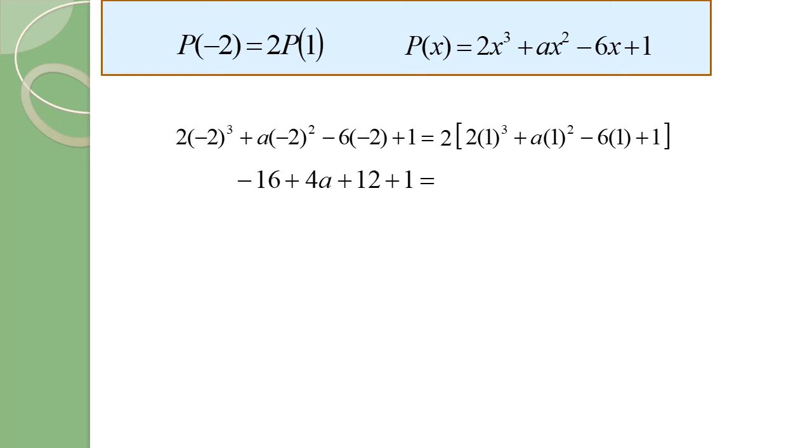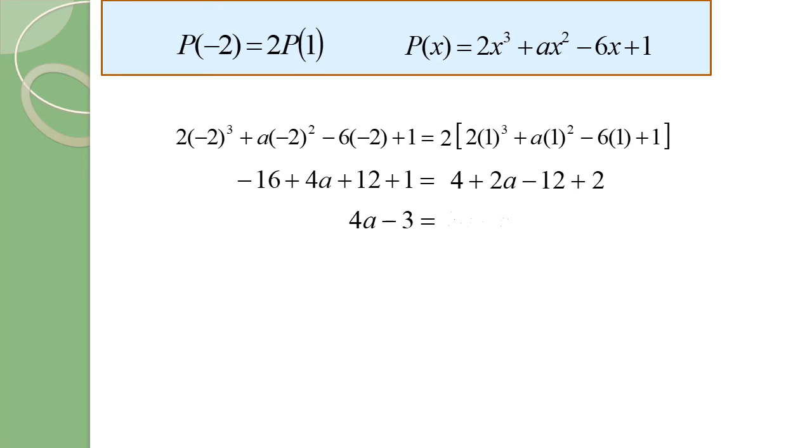And the right side we can expand it. So we have 4 plus 2a minus 12 plus 2. So we group the a together. So we have 2a. Just simplify on the left side first. So negative 16 plus 12 plus 1 is negative 3. And the right side we have 2a